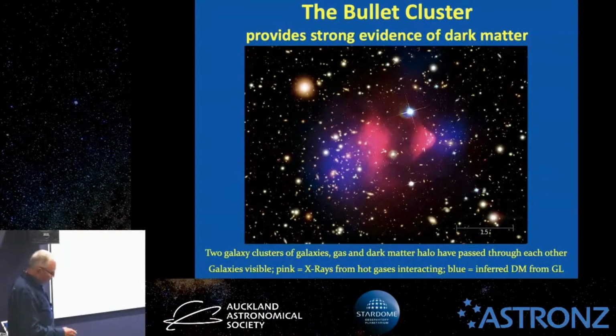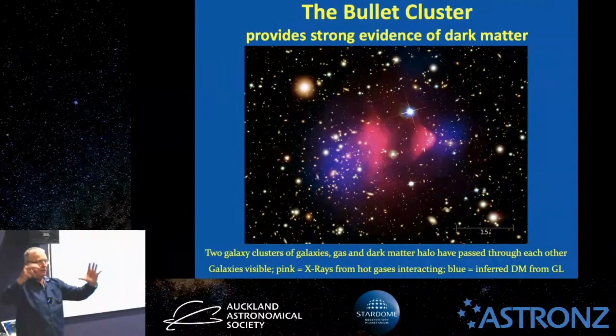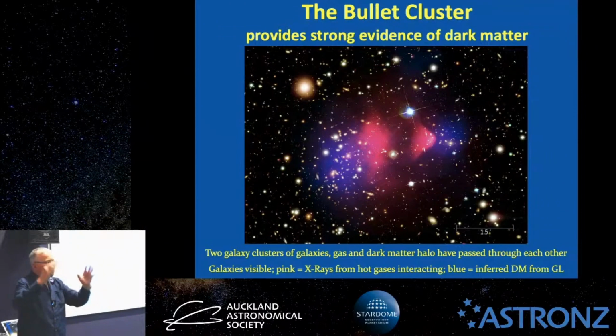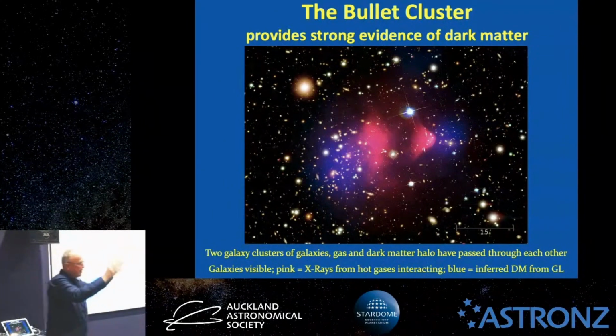So here it is, yep, the famous Bullet Cluster. And what you're looking at here is you've got two galaxy clusters. Remember, a galaxy cluster is a big gravitationally bound collection of galaxies all cruising around, and loads of hot gas, hot baryonic, normal matter gas. And you've got another one here, nice gravitationally bound, of galaxies and hot baryonic, normal matter in gas form